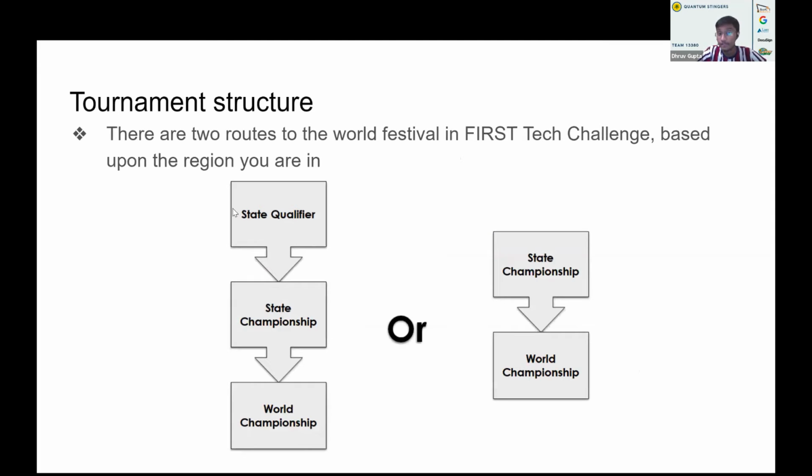Now let's talk about the tournament structure and describe what these qualifiers are that you've heard so much about. There's 2 routes to the World Festival and First Tech Challenge based upon the region you're in. Firstly, it could be state qualifier to state championship to world championship, or in smaller and more direct regions, it could be state championship to world championship. Now, beginning with qualifier tournaments. In regions which have qualifiers,